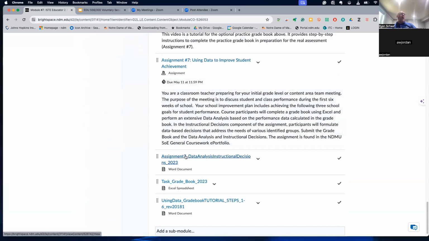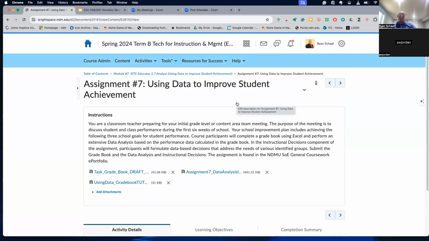And there's also the task, the grade book that you'll use, and if you're not used to using Microsoft Excel, I also have here the step-by-step instructions for completing your grade book. I have here, again, the tutorial, the data analysis piece, and a draft of the actual task and grade book that you'll use.